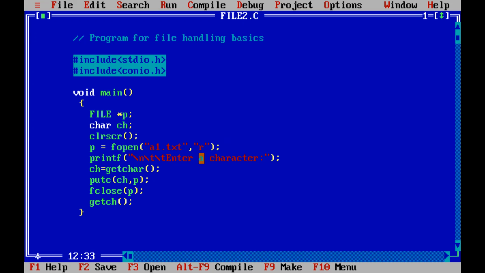And for this function to work properly, this file a1.txt should exist. If we are trying to open it in r mode, it should be existing. Otherwise, it would throw an error in our program, right? And then we can just modify the things here.